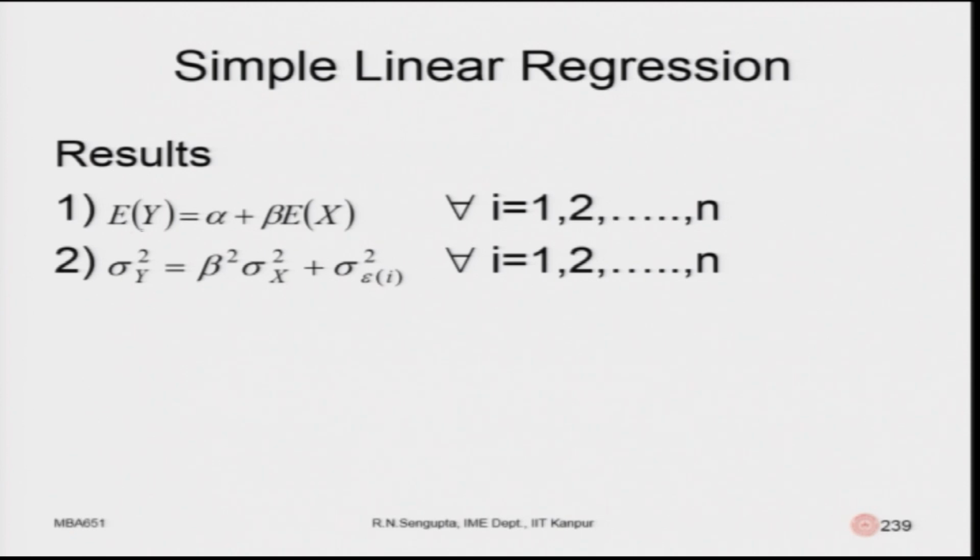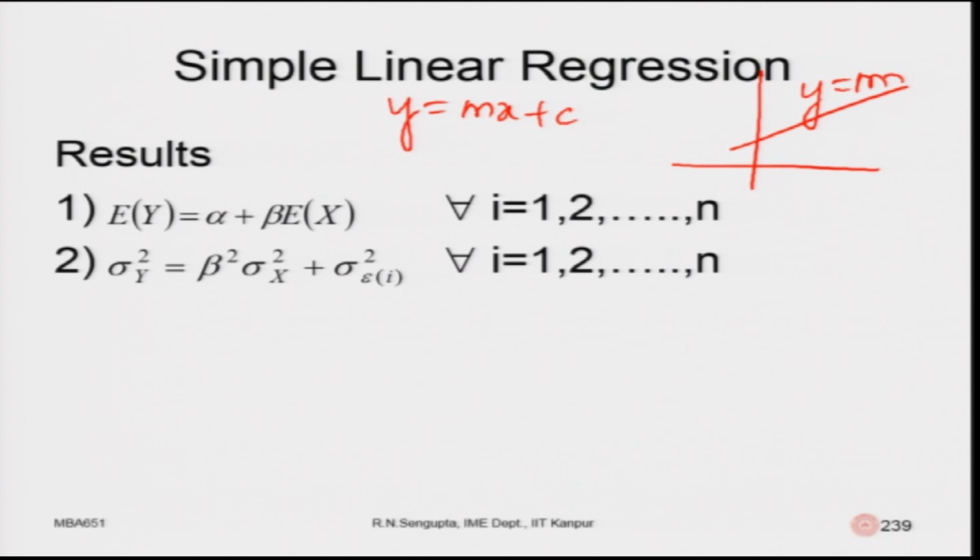So, if you remember this equation, and I had said y is equal to mx plus c. This is the equation which you have done when you were kids. This is the equation y is equal to mx plus c. This basically matches this. So, this is basically c, this beta is m, and x is the expected value. Now, let us draw it.